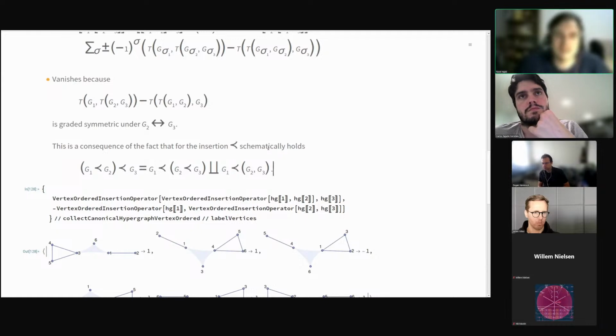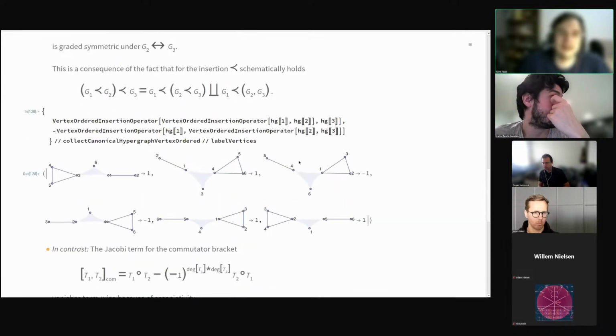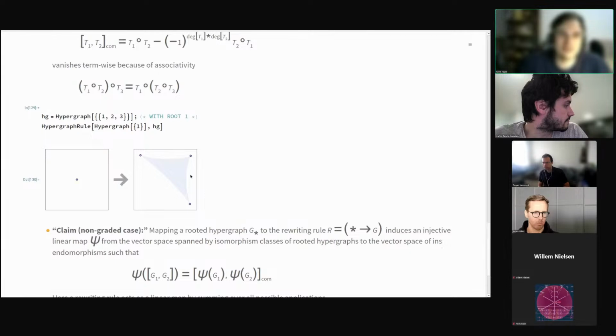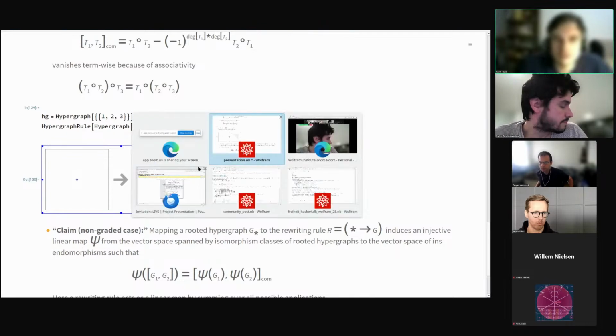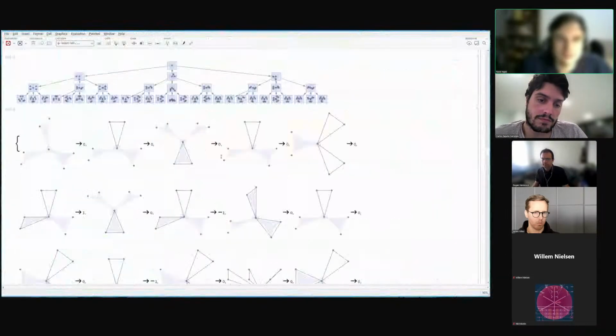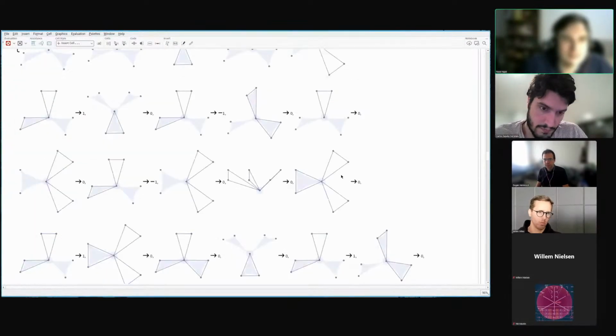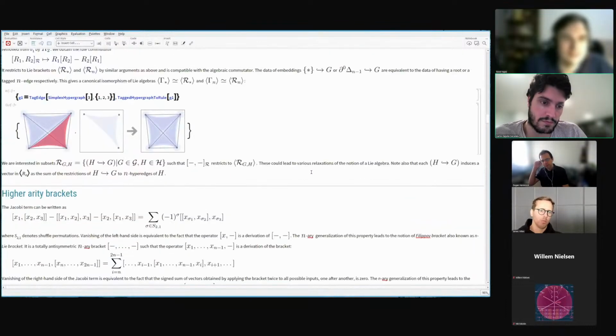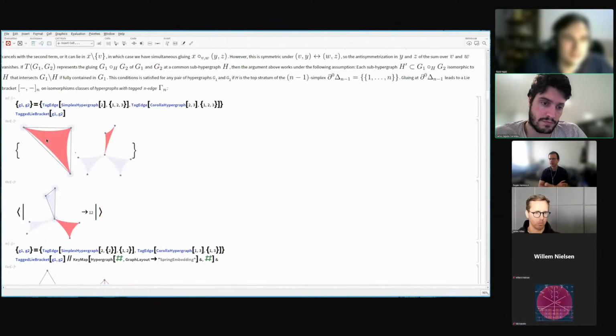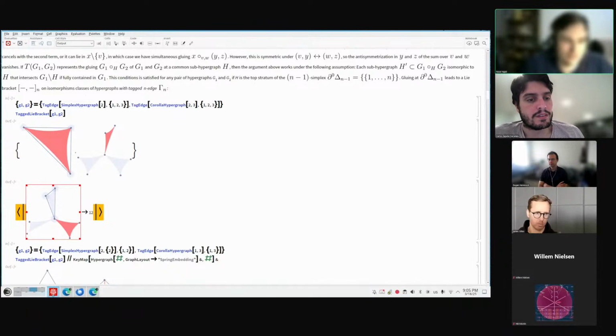There are other kinds of rules which define Lie algebras, and the only ones I know about are not only these vertex rules, but for this I have to switch to another slide, where I define the tucked edges. There are also hypergraphs with tucked edges, which give Lie brackets. But this is not the topic of today's talk.